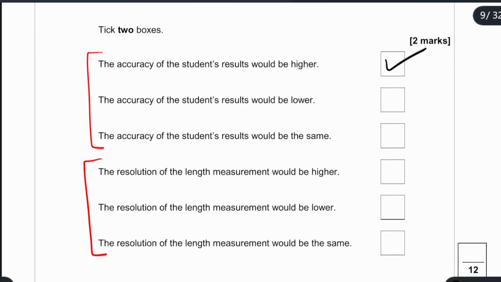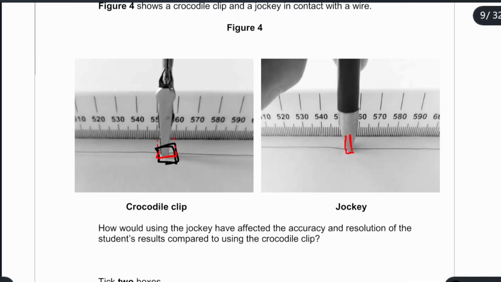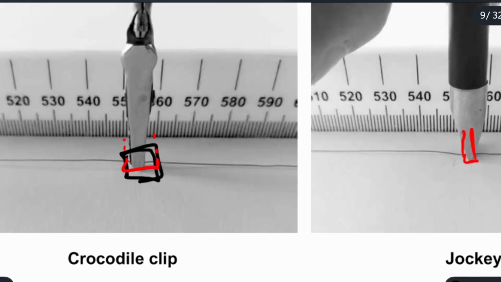What will happen to the resolution of the length measurement? The resolution of the length measurement would also be higher. And again, why would it be higher? Well, the idea is that if we zoom in over here,